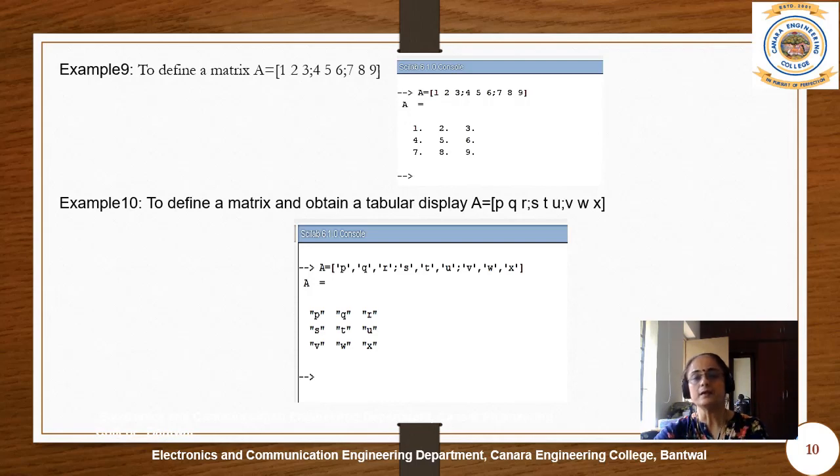Suppose if you have not put this quote, then what happens? It will take the value of P and that value of P will be entered. For example, if P was assigned 1, Q was 2 and R was 3, then since you have not used this quote, it will display as 1, 2, 3. So therefore, if you want to display the variable, you have to put it under the quotes.